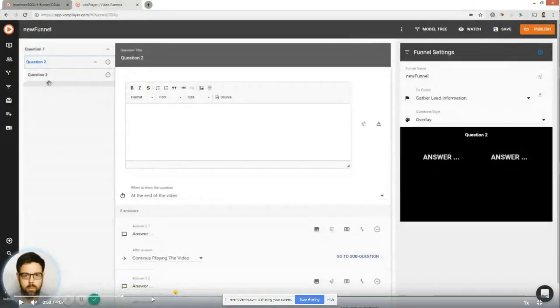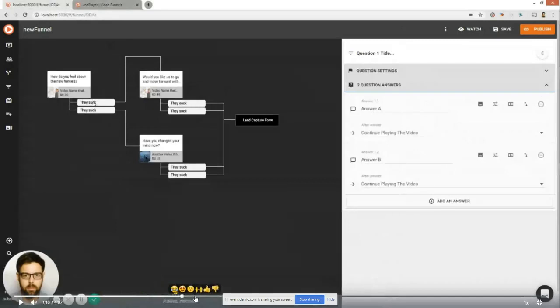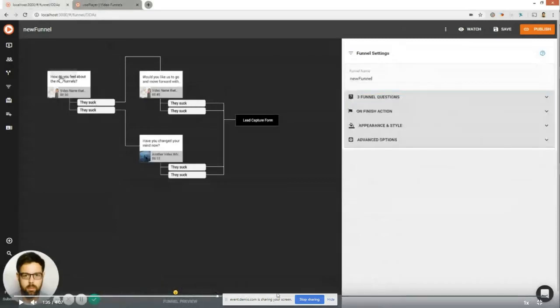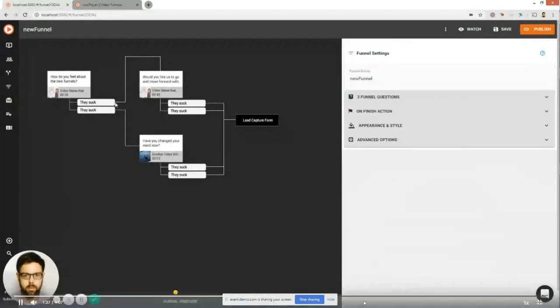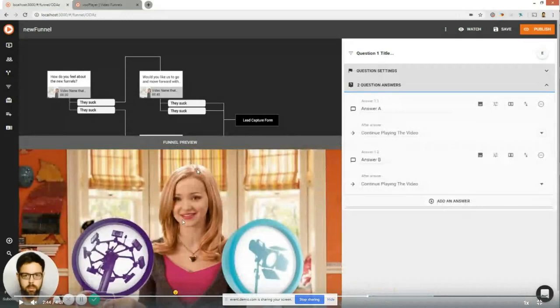This is the old funnel interface. We're going to have better previews of those funnel questions. So the previews are going to be down there and so on.